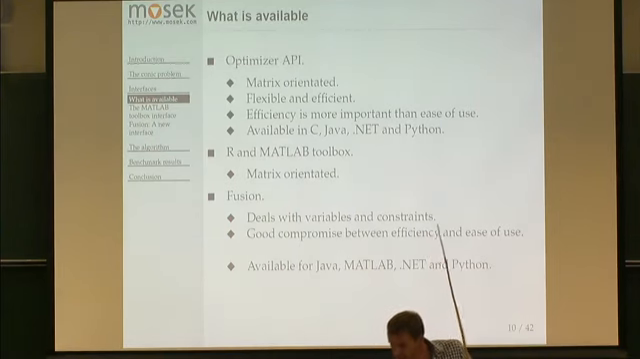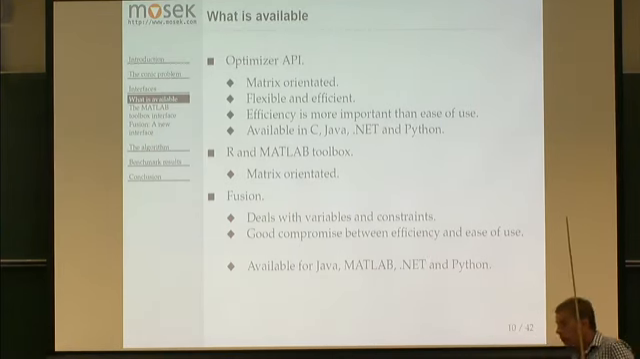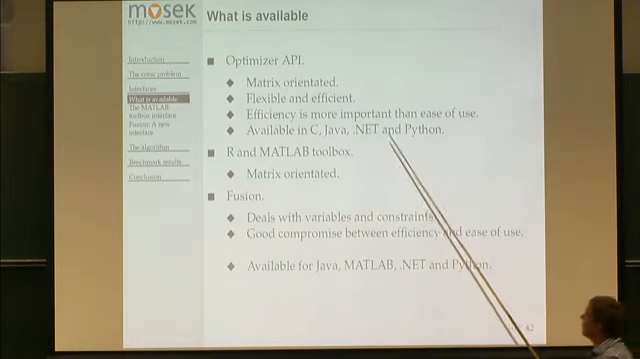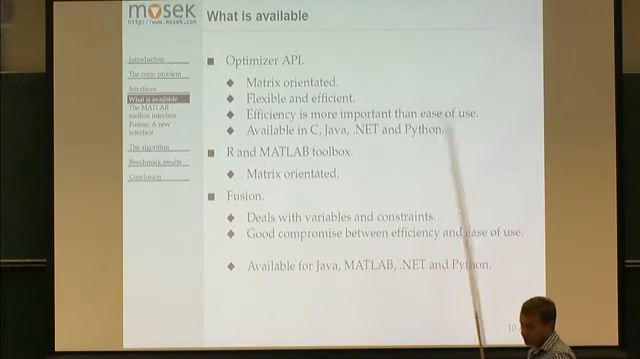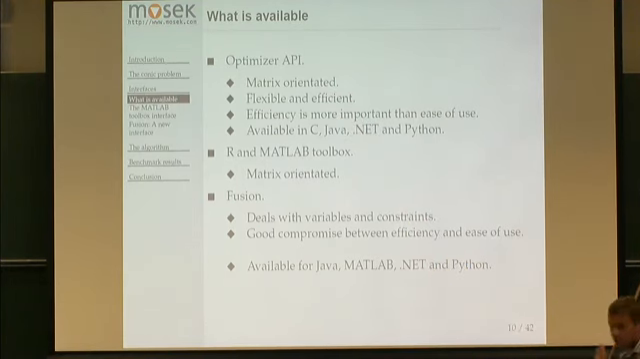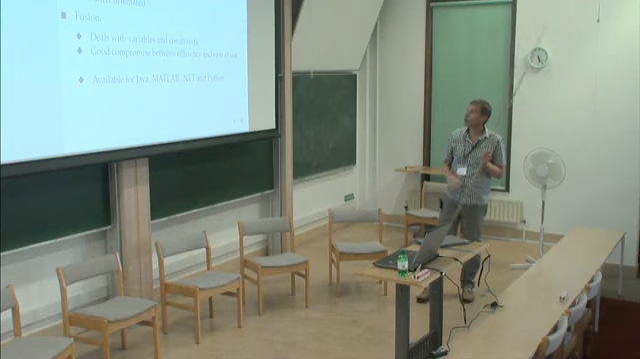Okay. So now I will talk about how you can use a semi-definite optimizer in MOSEK. We have essentially a number of different interfaces. One is what we call the optimizer API. That is an interface that brings you quite close to the optimizer implemented in MOSEK, and that interface is matrix oriented. So that means you are essentially inputting the matrices in the original primal formulation directly. It's flexible, it's very efficient,